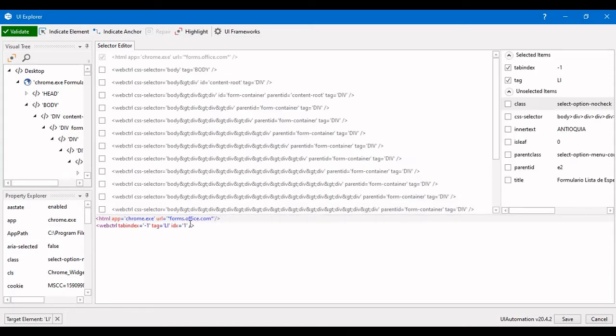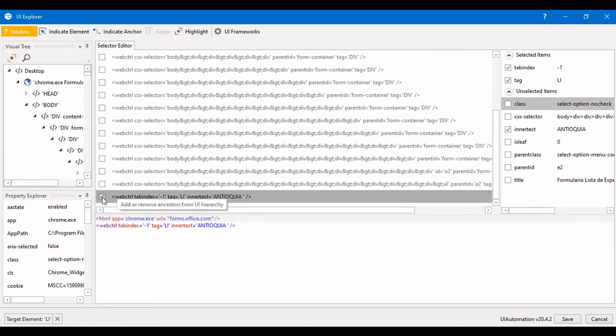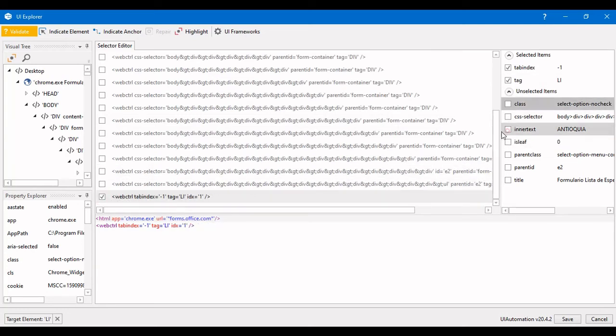So the tab index is -1. Right, now we will select the inner text. There is also an IDX value which is replacing, so let us exclude that IDX value as well. So let us remove this.